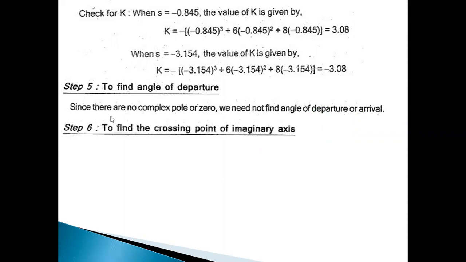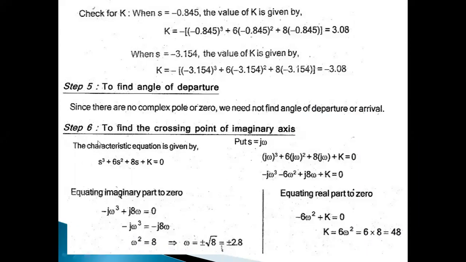Now, whether the root locus branches cross the imaginary axis or not can be found by using the Routh-Hurwitz criteria. Already we have discussed this in the last sessions. We can use the Routh-Hurwitz criteria, or there is a second method. Directly take the characteristic equation and put S is equal to j omega in this. Once we substitute S is equal to j omega, taking the imaginary part equal to 0, you will get the omega value. Then substitute the omega value and equate the real part to 0, and you will get the K value.